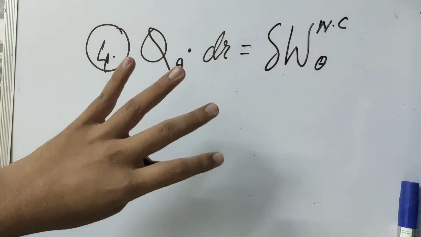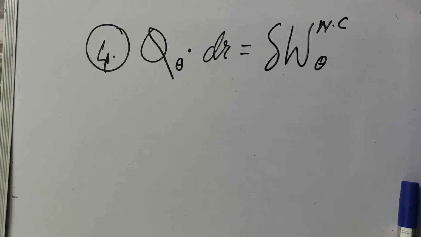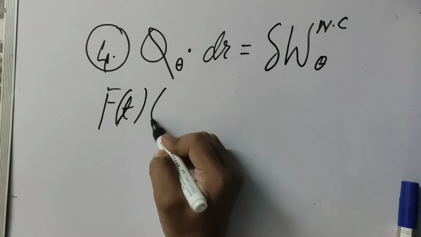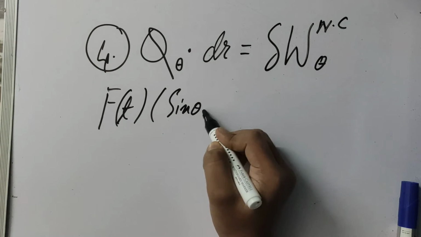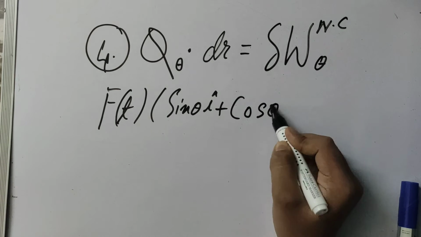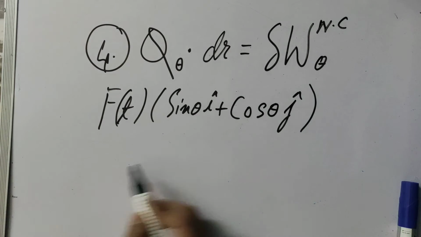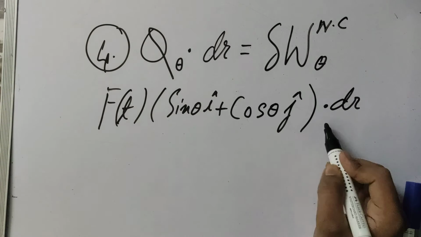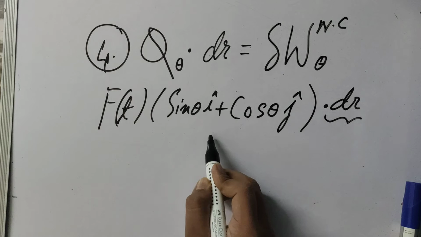The rotational work done due to the torques acting. Now I know the force, it is F of t times its components, if you remember, sine theta i cap plus cos theta j cap. This is the force dotted with dr, right? What is dr? Well, if this is the diagram,